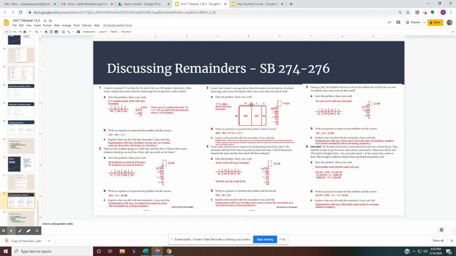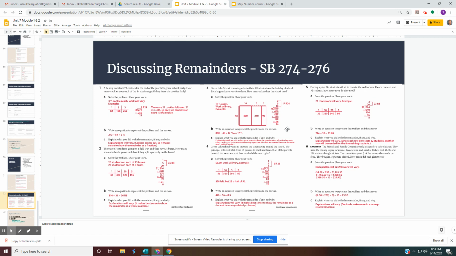So we'll first use the 10, which will serve 480 students. If I do the 5, which is half a 10, that's 240 students. And then I use 2, which is 96. And that leaves me with a remainder of 24. Now, I'm going to use the remainder and put that over my divisor, which is 24 over 48, and reduces down to 1/2. So we need 17 and a half